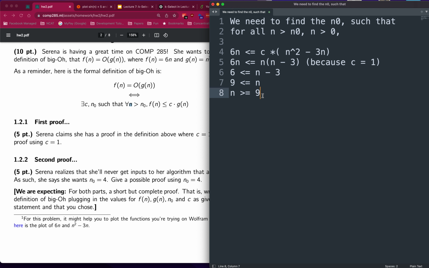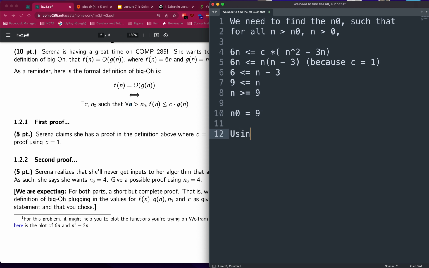So as we worked, only in this case, only if n is bigger than or equal to 9, is it true that 6n is less than or equal to n times n minus 3. So that actually gives us a value of n0. For example, we could take n0 equal to 9. There are other values you can take, n0 equal to 10, 11, 12, they all work. Now, this is the work that you did to get the answer, but the way you would write the formal